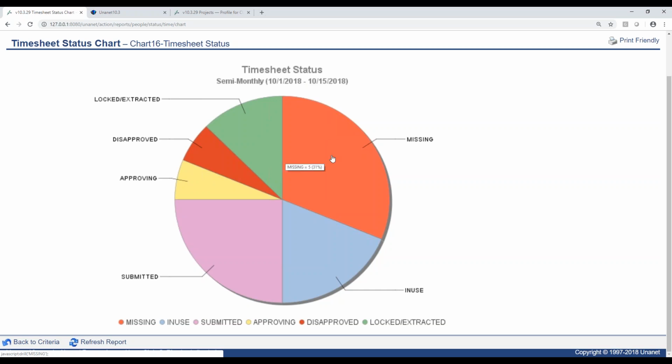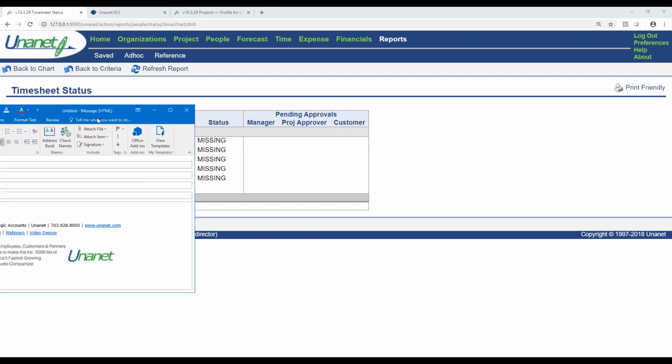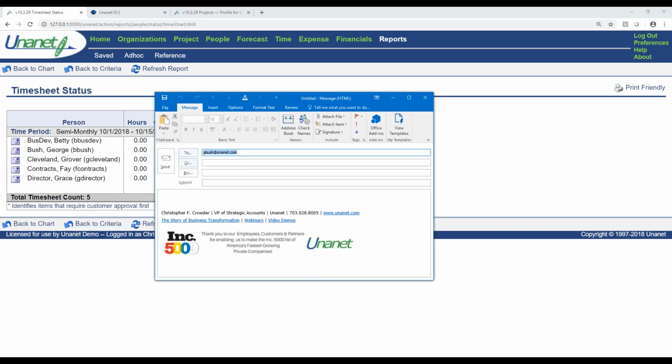And if I want to see who's missing their time, all I have to do is click on this pie piece, and I can see that Betty, George, Grover, Faye, and Grace are actually the folks who have yet to submit their time. And if I would like to email George, I can, I can email George Bush directly from Unanet.